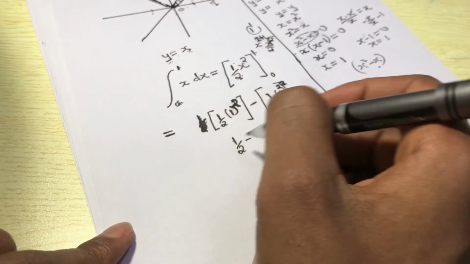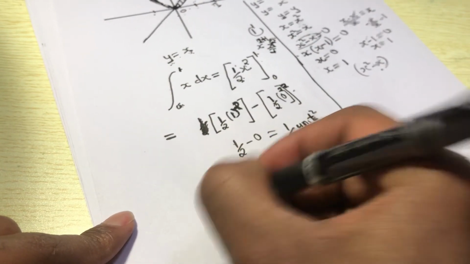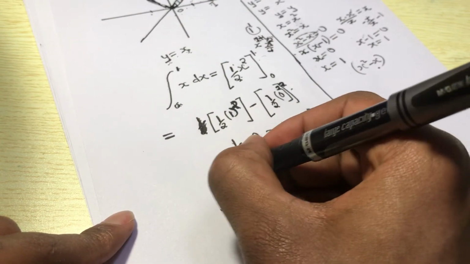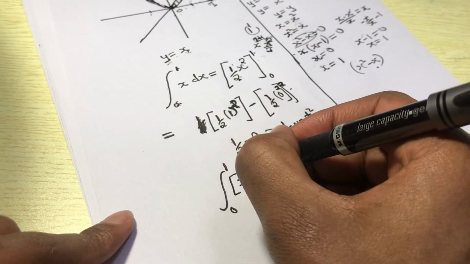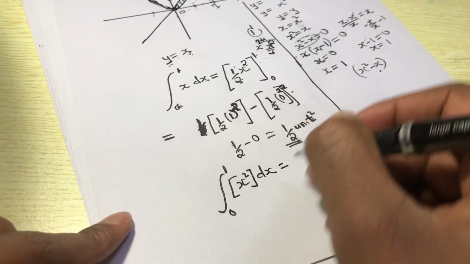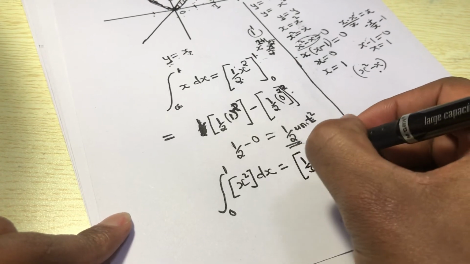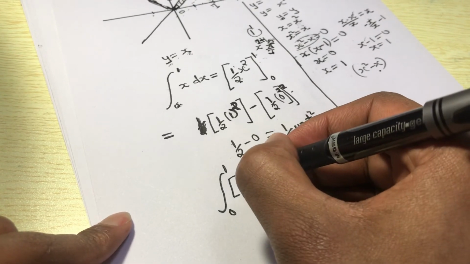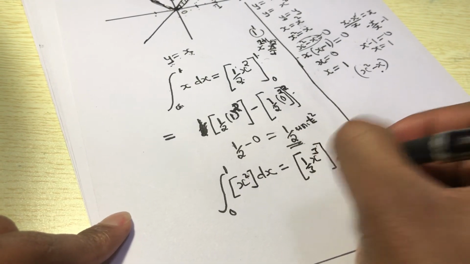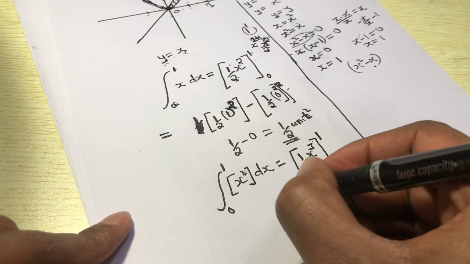Good. Let me find again the area of this x squared. So still we use the same coordinates because they have the same coordinates. We need to find the integration of x squared. This integration of x squared will be what? It will be 1/3. Why 1/3? Because it was power 2 plus 1, 3, then that 3 you have to divide by x. Then the numbers will be what? 1 and 0. So substitute 1/3,